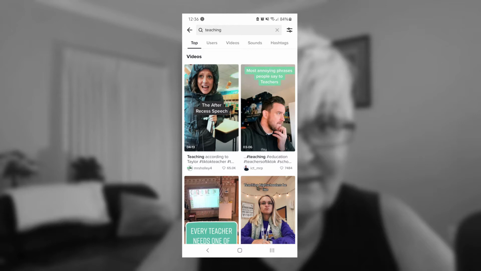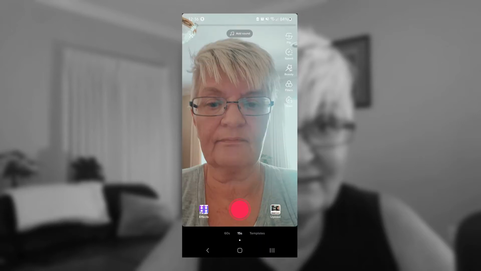And then we go to the third one, create. The first thing you can do is add a sound, but that can also be done later. On the right side we have flip the camera from back to front camera. You can set your speed, you can use beauty filters, you can use all other types of filters, and you can set a timer.